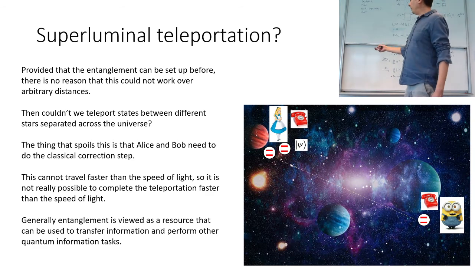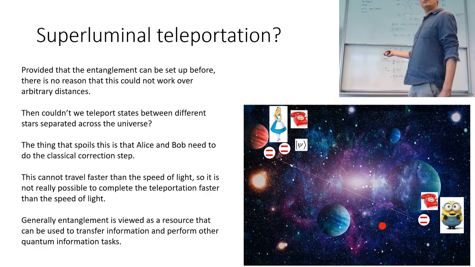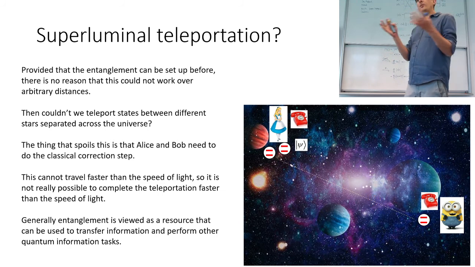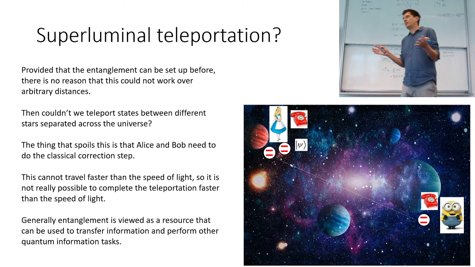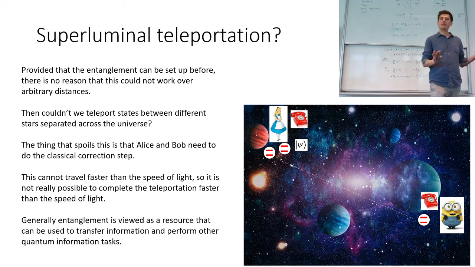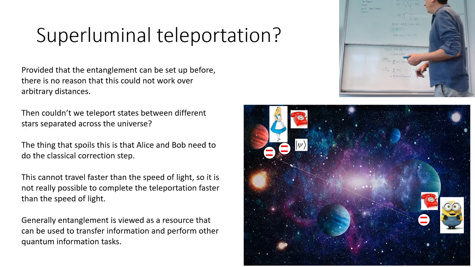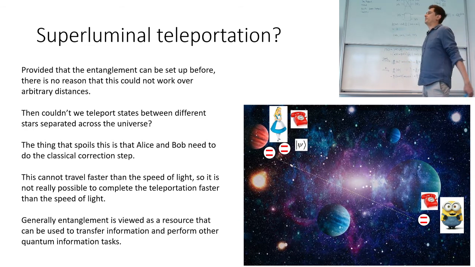Because Bob will randomly get those four states, and even though they look more or less like the states that Alice started with, they're actually